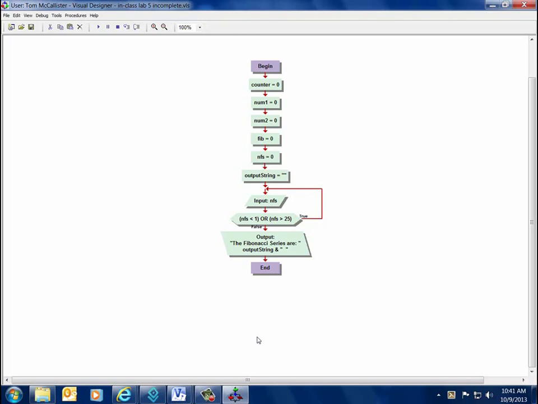This is the Fibonacci series. We've already gone over this much of it in class, and if you want to pause this and go ahead and create these, you can. But basically, you're going to have a counter variable that's going to drive the loop. That's going to be your loop control variable, because you're going to have a loop that's going to continue as long as there's not the number of digits they've asked for. So if they ask for a 5-digit series, it's going to loop and put 5 digits of the Fibonacci series